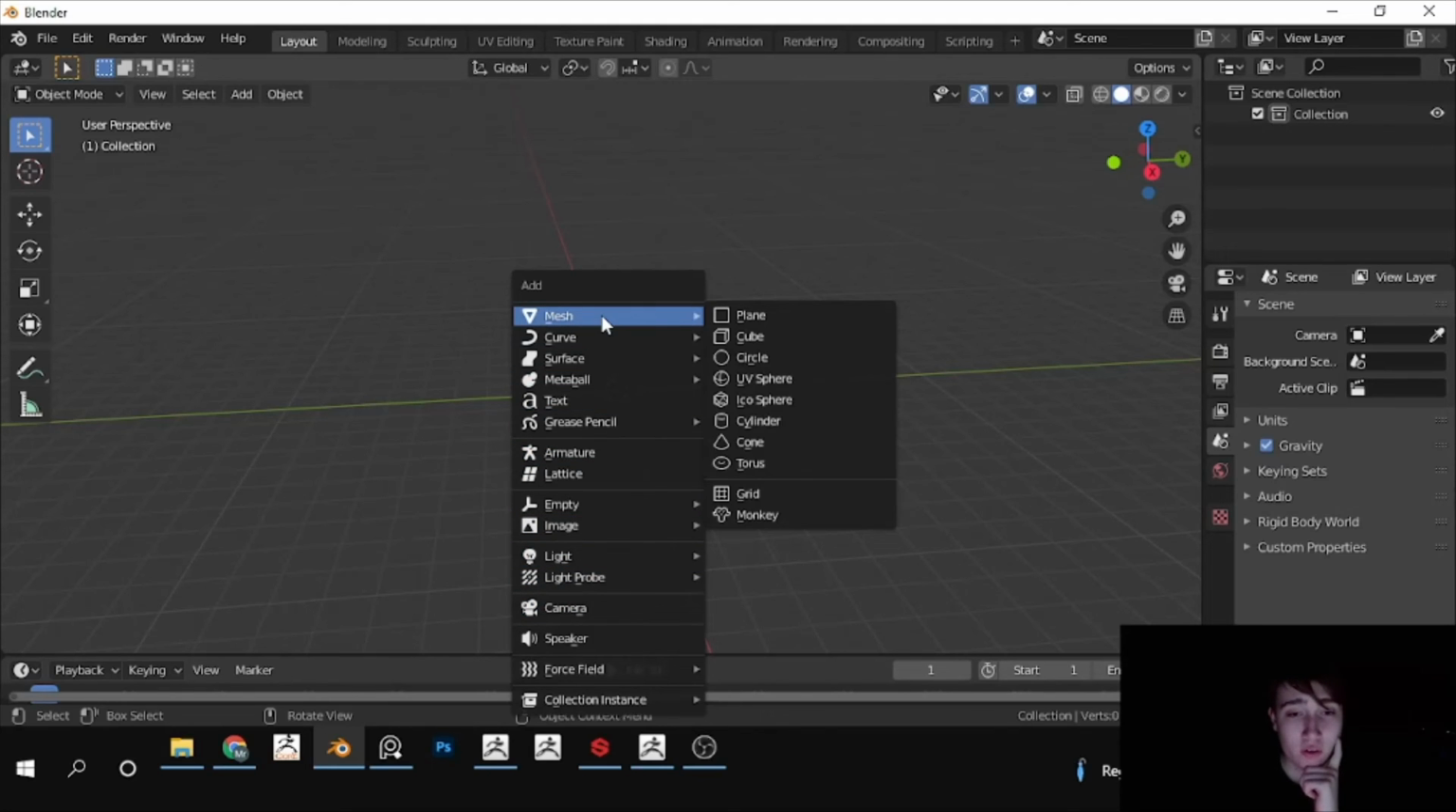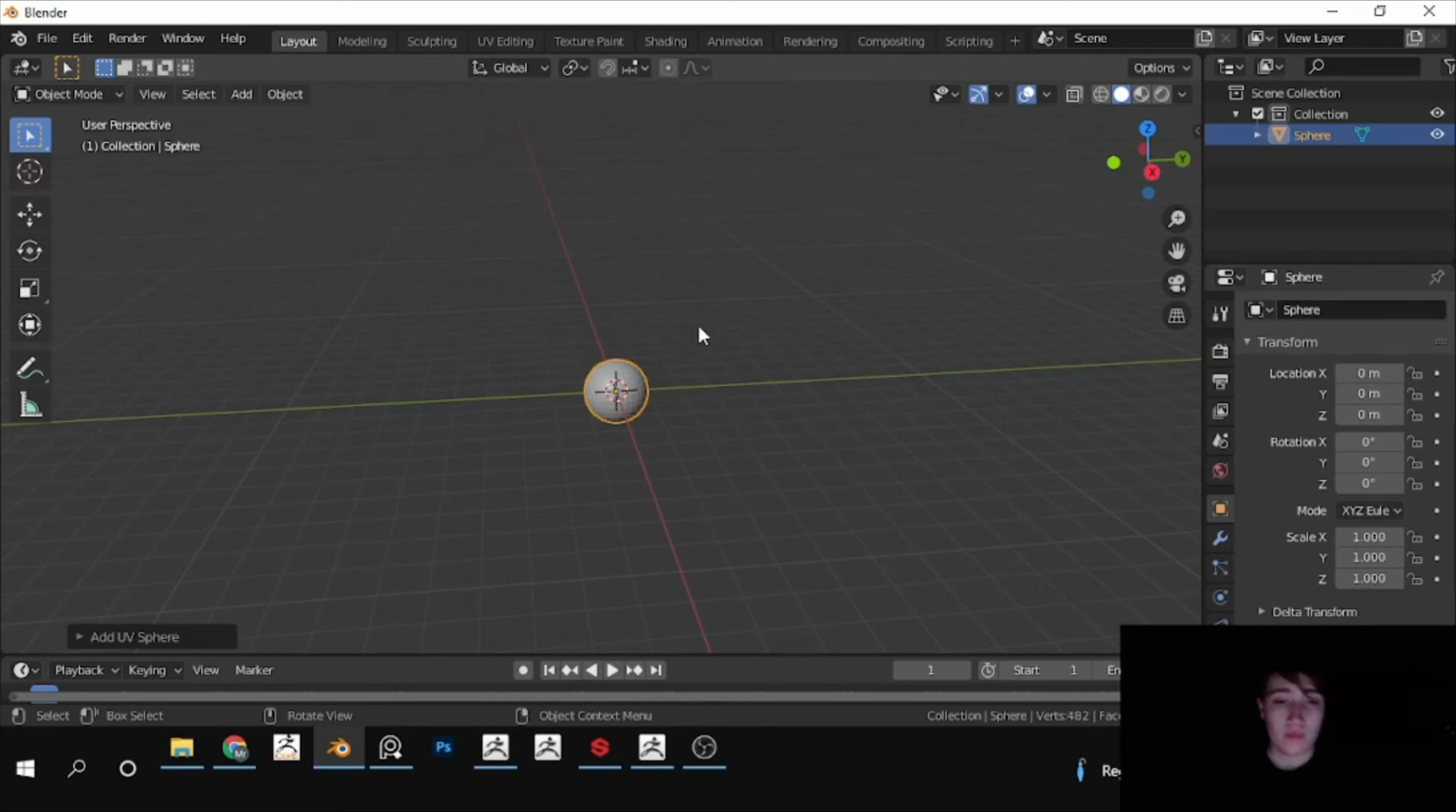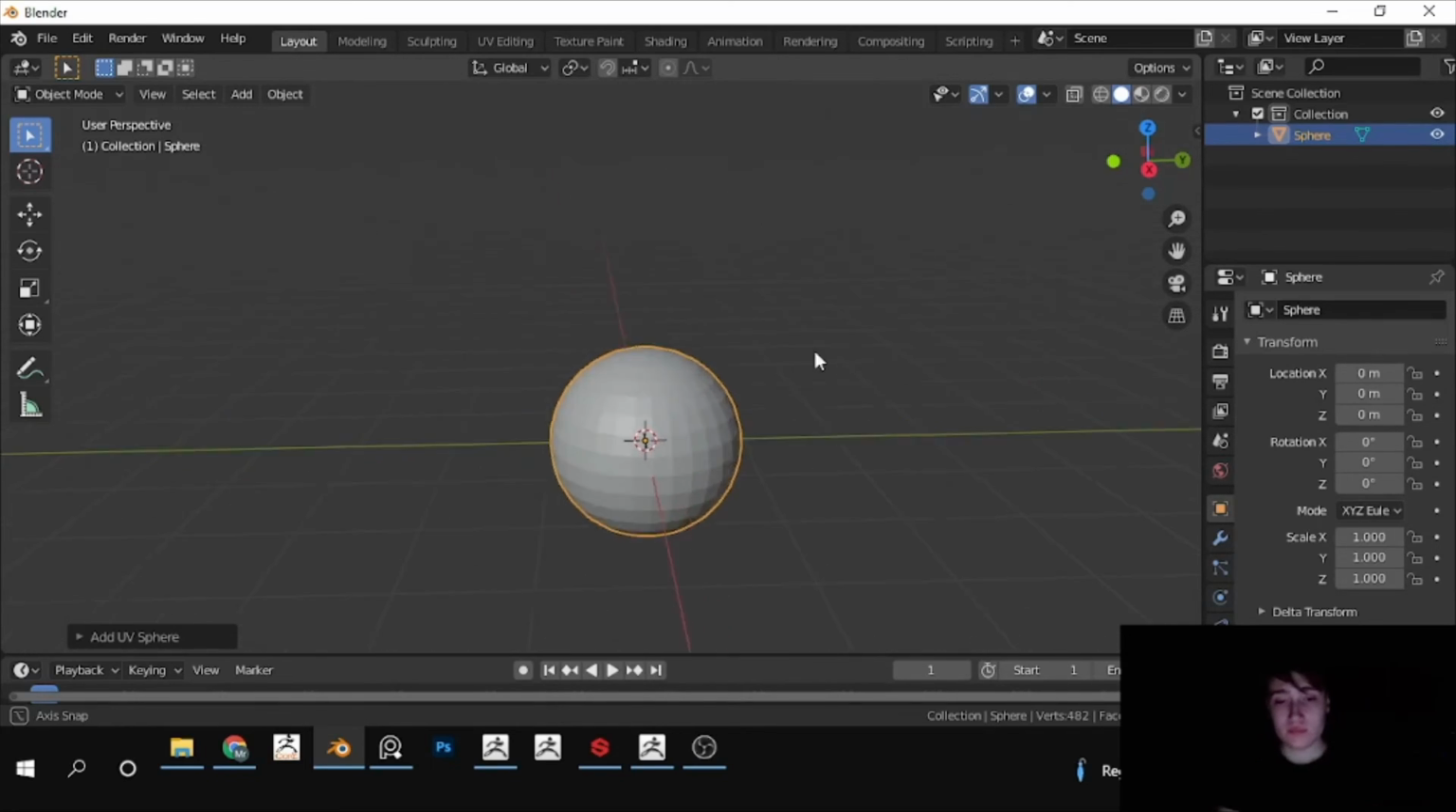So we're going to go to mesh and add a sphere, and to get up this menu you need to press Shift A, guys, so remember that. So we're just going to press UV sphere like this. You can see, guys,